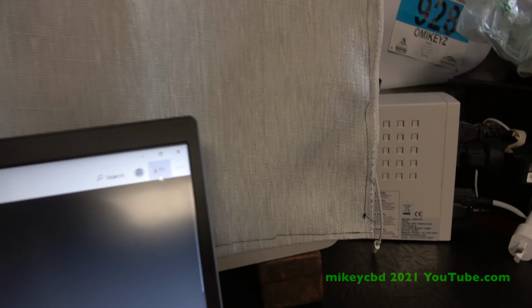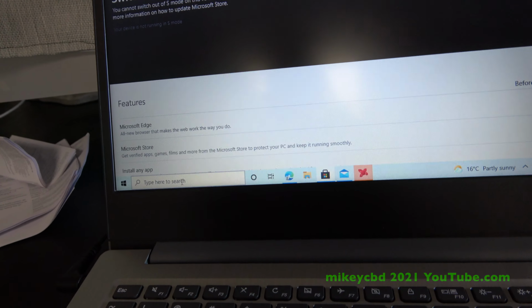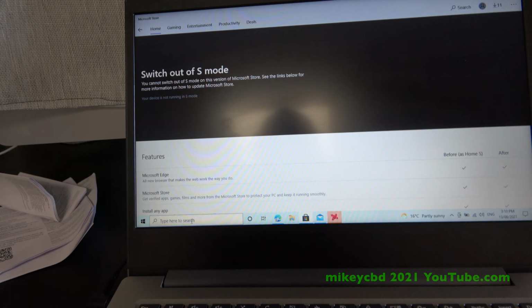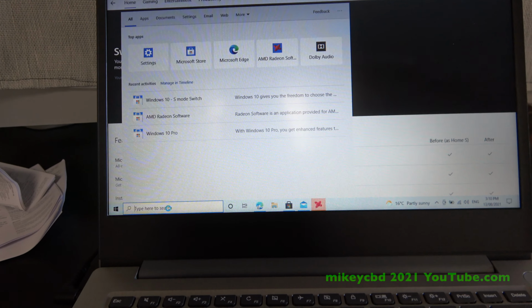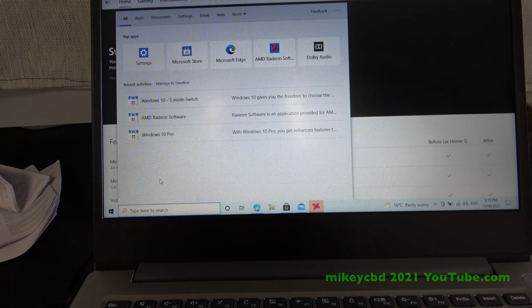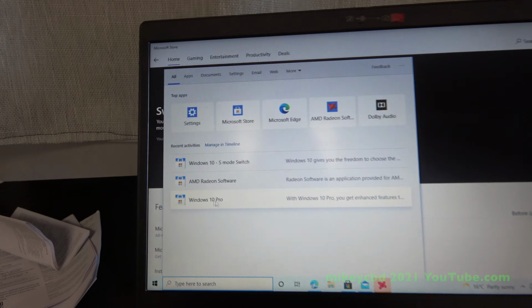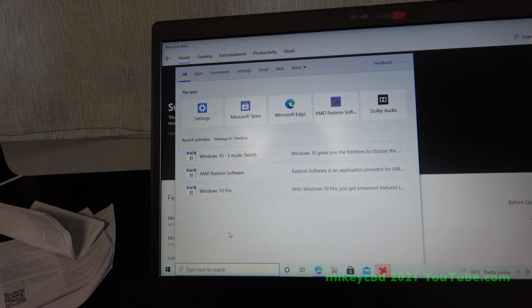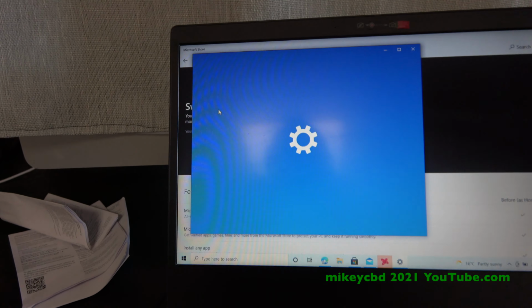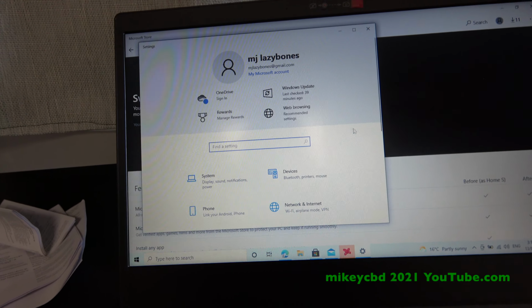See the 11? There's 11 other products I can install. Well, I don't want any of those. One is the software for my 3D printer. If I go to Windows Update, see it says Windows 10 Pro, S mode. I don't want any of that. I just want to see what version of Windows it's running.